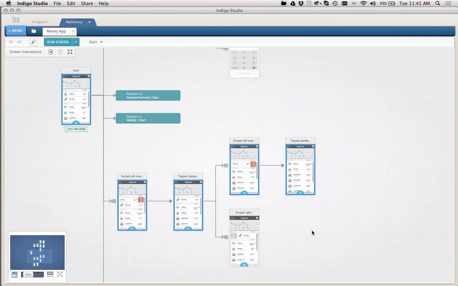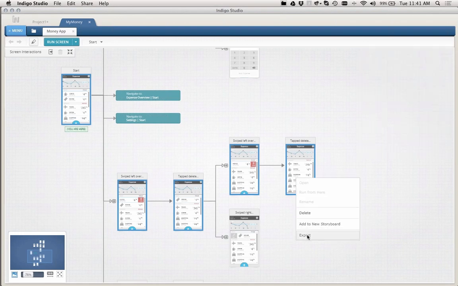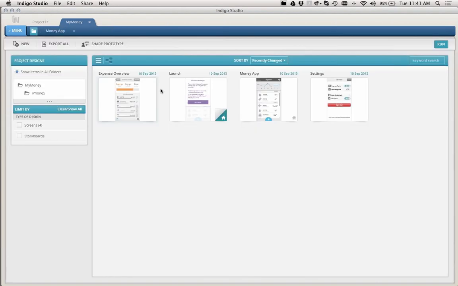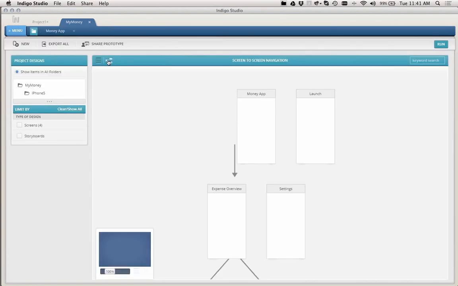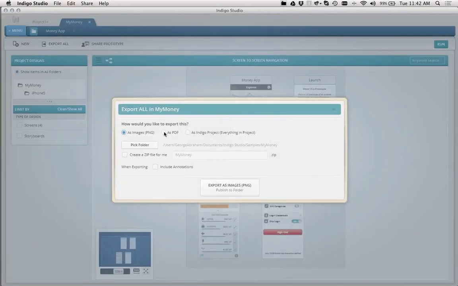this one, right? So with the PDF export, I can either come to my Interactions Explorer, simply right click and say export, in which case that flow gets exported by itself, or I can just come back to my home screen and I can take a quick peek at the flow map we have, and you can automatically see that these are the macro interactions I have. From the launch screen, it goes to the money app home screen, and from there I can go to two places. I can go to the expense overview screen or to the settings screen. If I say export all and I say PDF,